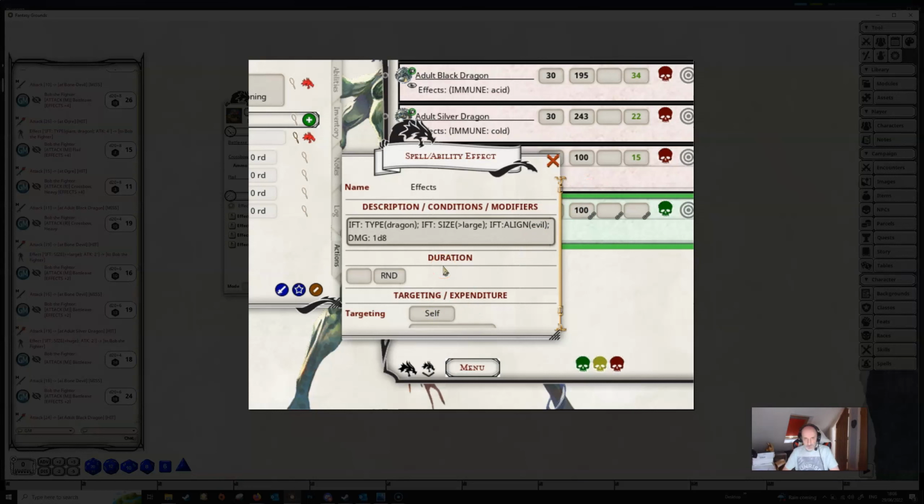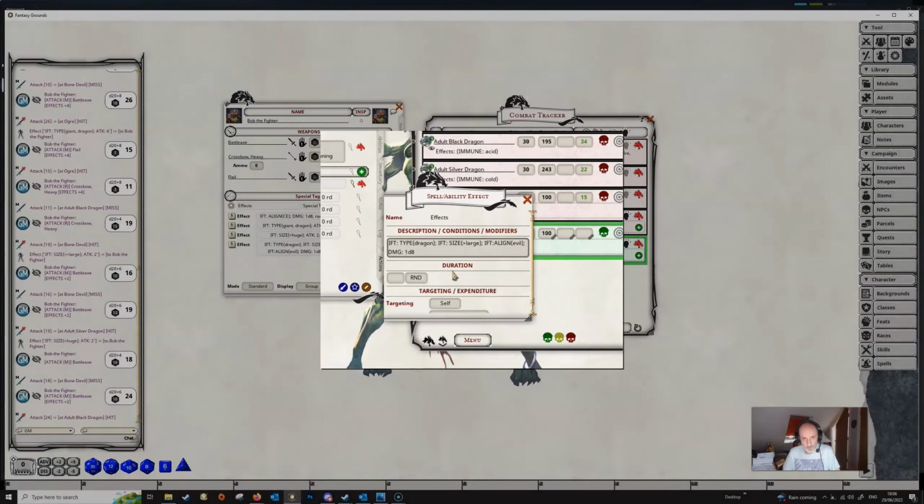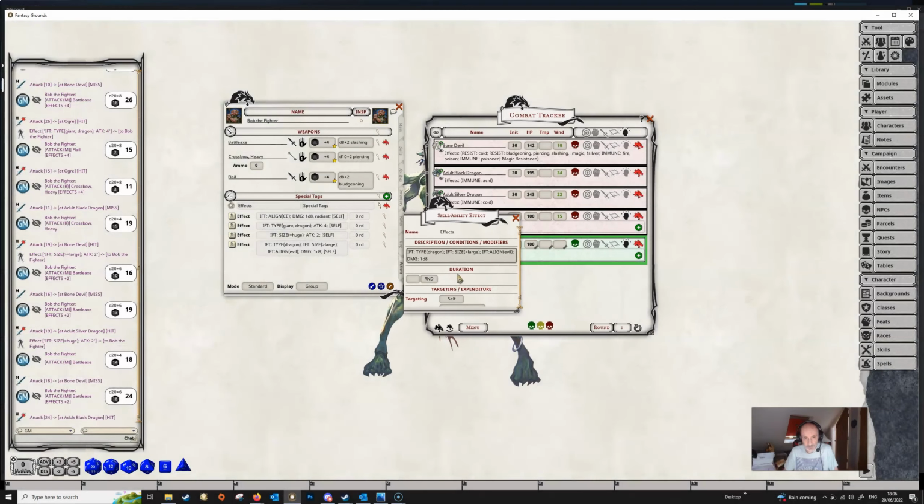So what we're doing here is we're basically chaining the if special tags. We're really drilling this right down. We're looking for a dragon type. The dragon has to be large and the dragon has to be evil in order to get this extra 1d8 damage. And we can do this provided, so that basically Fantasy Grounds is going to look at this and say,